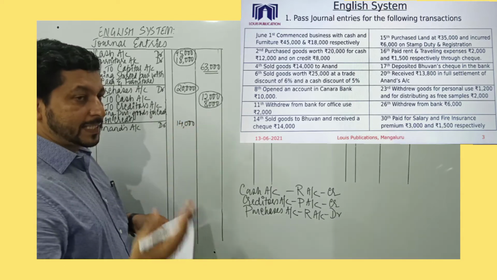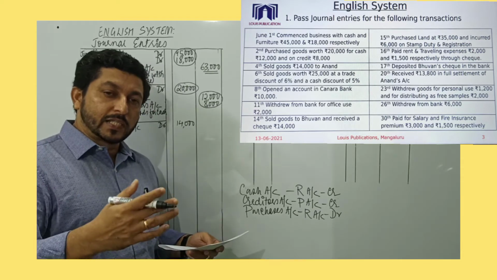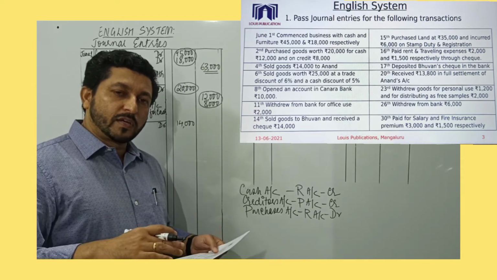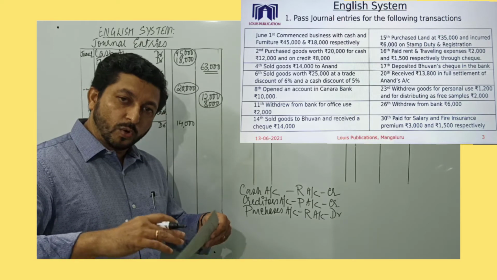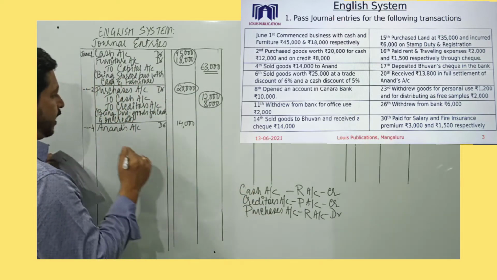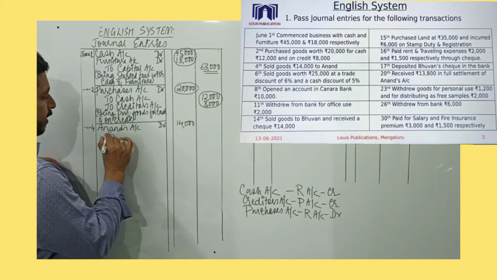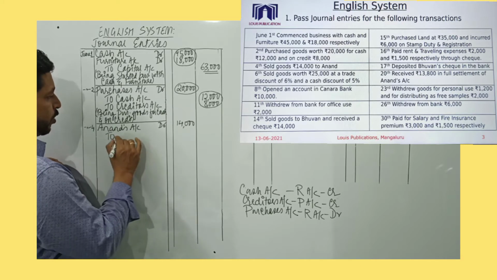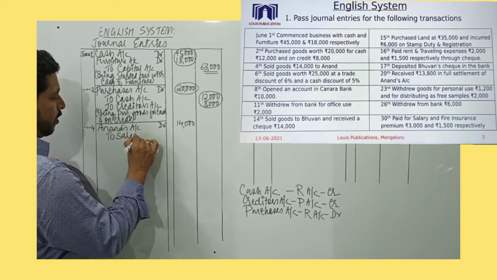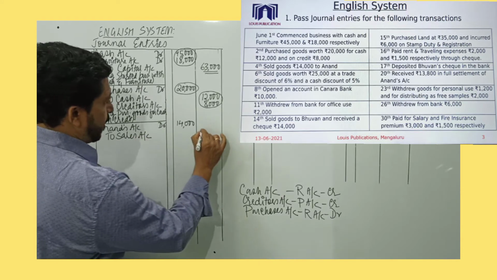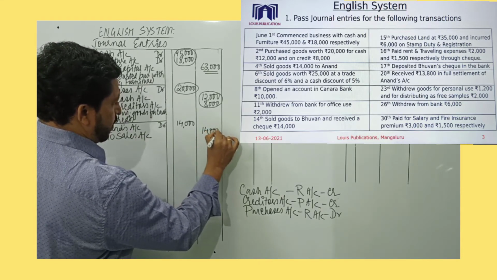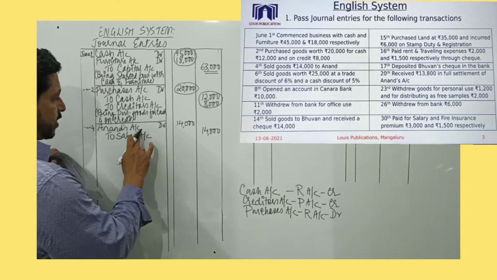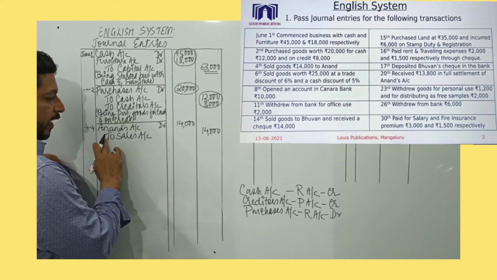And business is selling. When business is selling, sales, real account, debit what comes in, credit what goes out. When business is selling, goods are going out. So credit what goes out. So credit aspect, as if we are writing a new para, to sales account. Amount will be 14,000. So this is the journal entry for June 4th dated transaction.